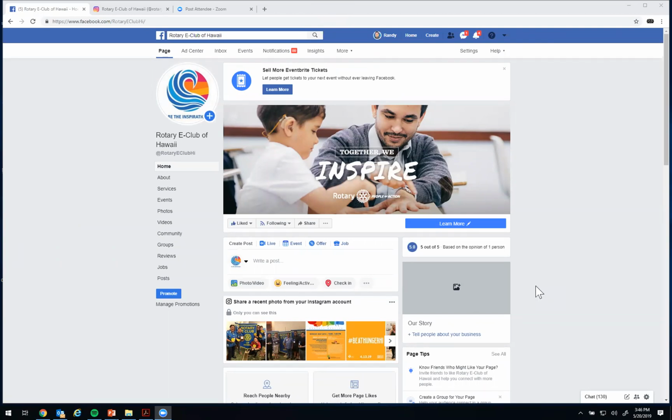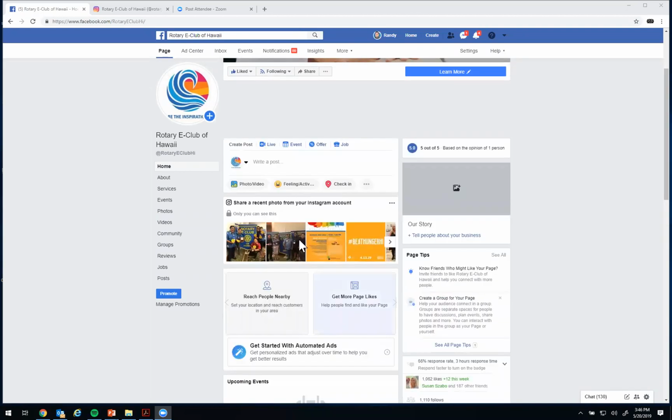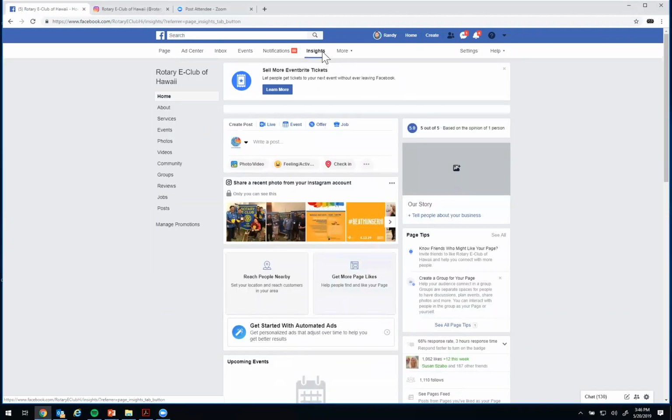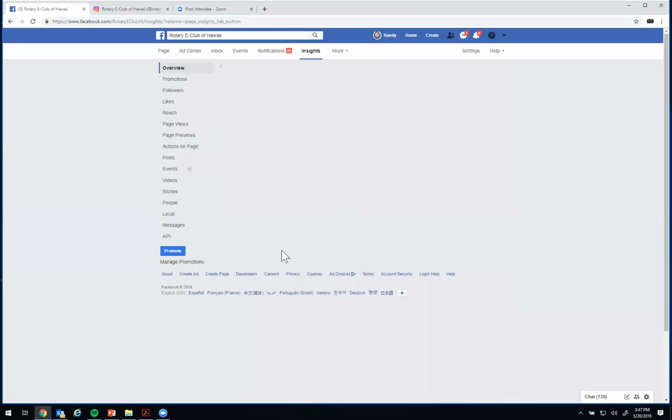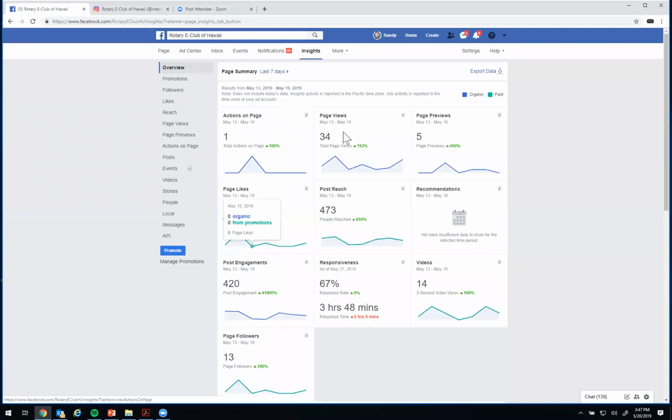Okay, perfect. To create a business page, what I really want to focus on is why you should create a business page as opposed to a personal page. With a business page you get a lot of added benefit, meaning you'll be able to see the insights, and let me show you here. You get to see all of this extra analytics, and it really helps you in the long run in figuring out what's working for your business page. When you have a personal page only, you aren't able to do that.